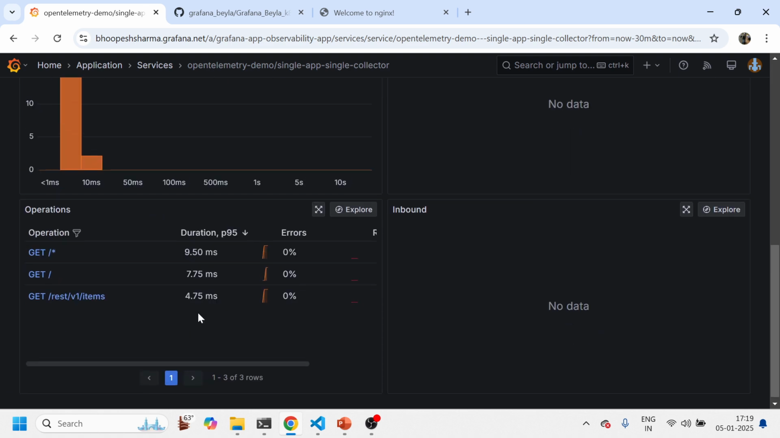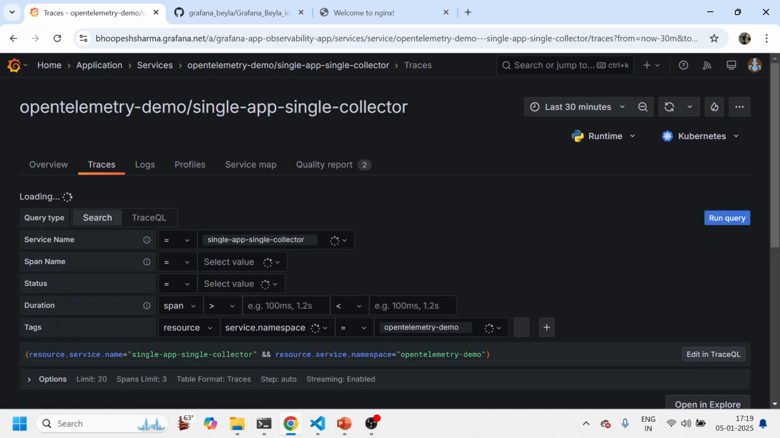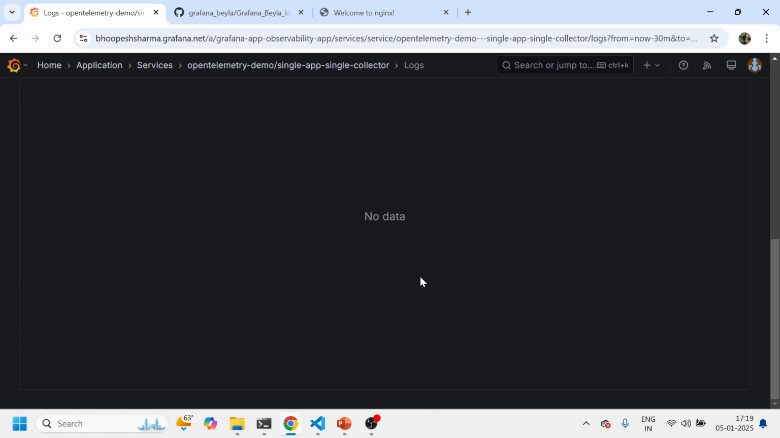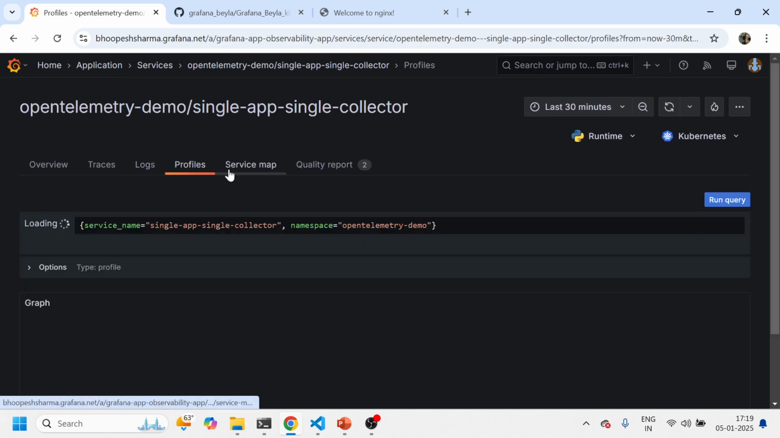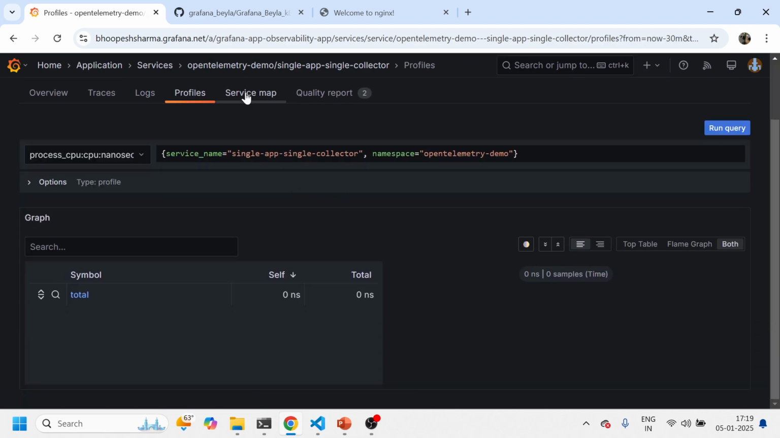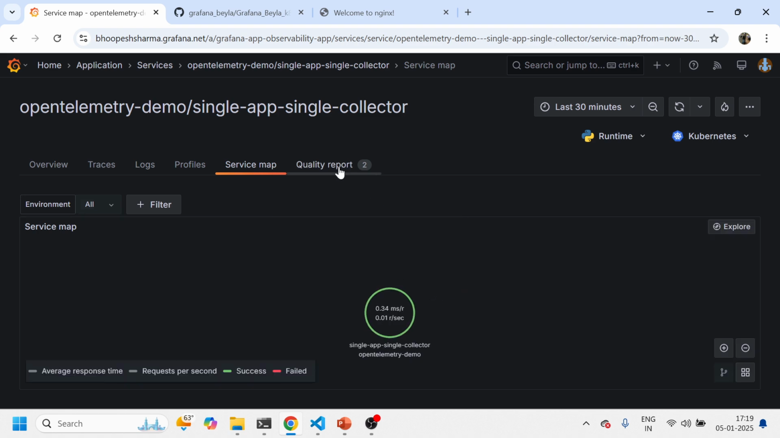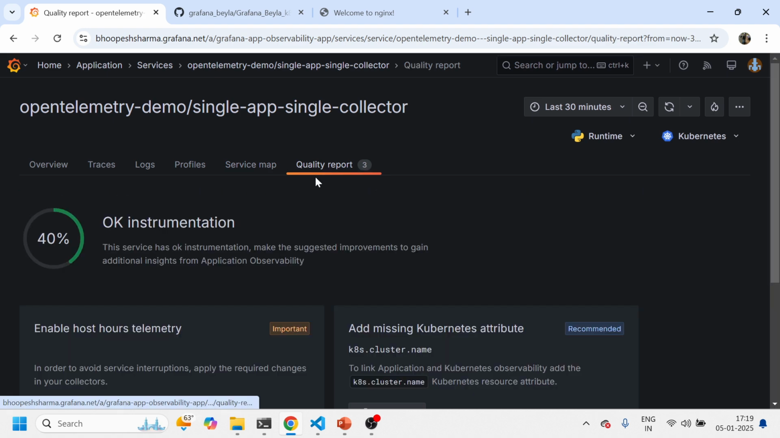See, we're getting the same level of metrics. Okay, we're getting traces. Here again, we will not get logs. Okay, we're getting profiles and the service map. Yes, I think we will get some service map here, and so on. Okay, now let's go back and see the other